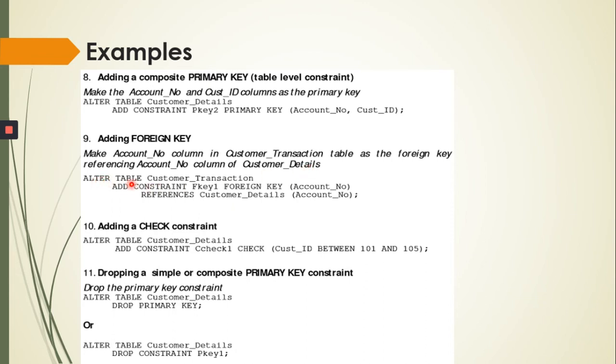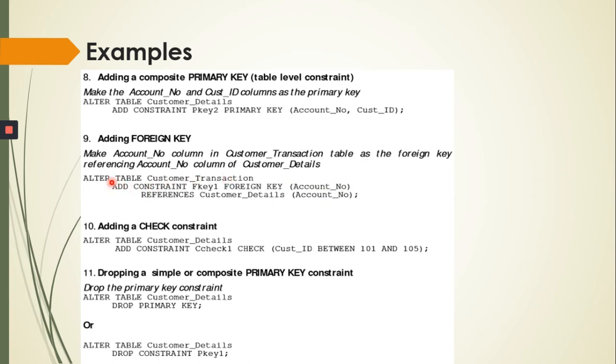Now: alter table customer transaction, add constraint foreign key account number references customer details account number. So this account number is from customer details and this account number is from customer transaction.